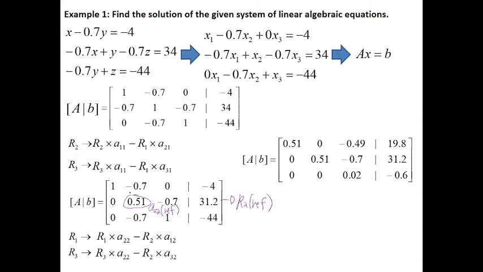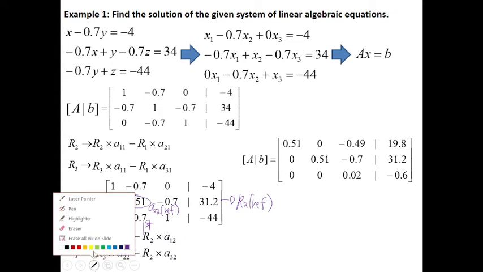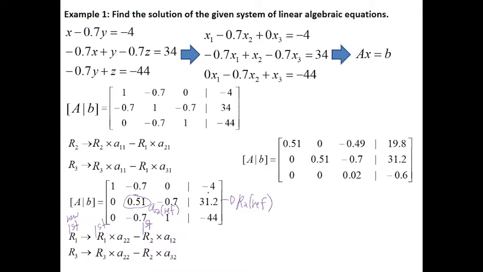So, we have, let's do this. Consider muna natin yung first. Okay? So, pag ginawa natin yon, so we start with row 1 first element. Row 1 first element. 1 multiplied by A22, 0.51